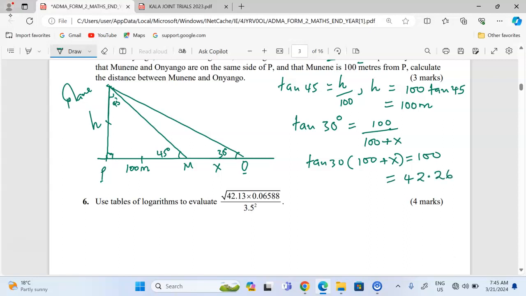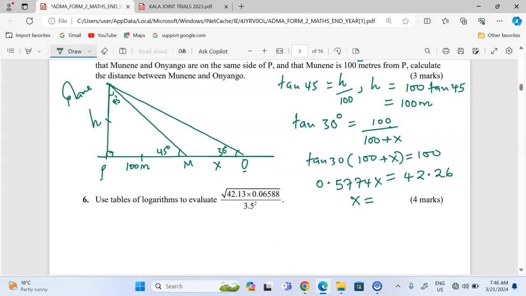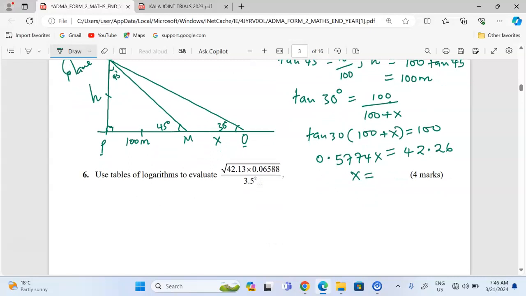42.26 meters. And this side we will have the value of tan 30, that is 0.5774, the value of x. Therefore, we can remain with x now by dividing 42.26 by the value here, and this will give us exactly 73.20 meters